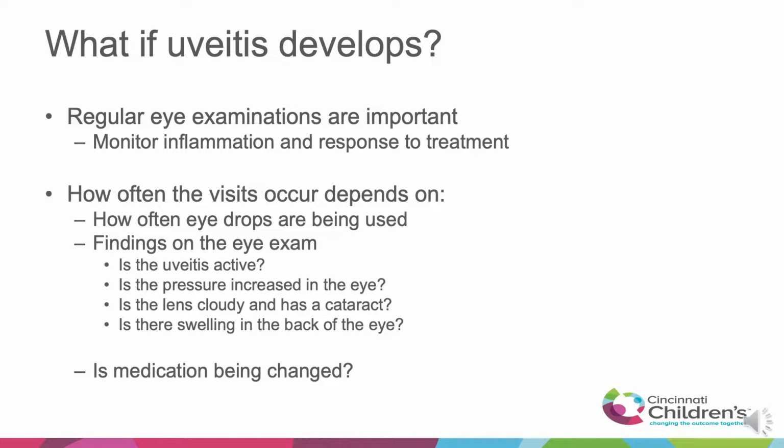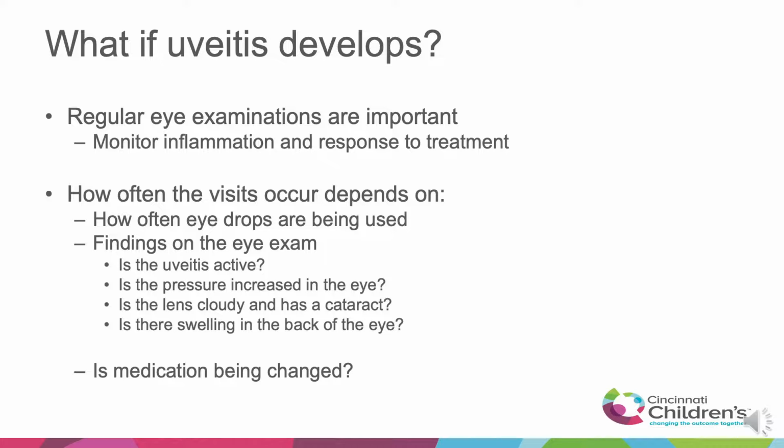The other important factor are the medications that your child could be on, such as eye drops or systemic medications. So when they're being changed, it's important that your child is seen a little bit more frequently. So these visits can occur in the beginning anywhere as frequently as weekly to later every 3 months